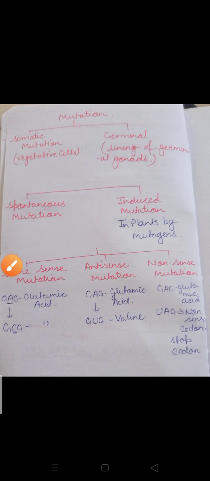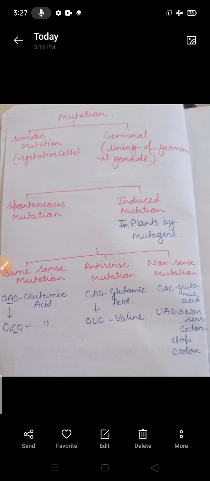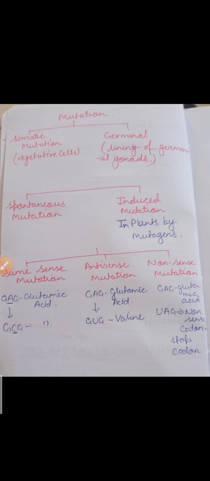Now I am going to tell you about the different other categories by which we can also classify mutation. Okay, one is somatic mutation or germinal mutation. What is somatic mutation? If mutation takes place in any vegetative cell, that time it's known as the somatic mutation. Suppose, as an example, cancer can happen by mutation also. That's why you observe that cancer disease is not transmitted, it does not get to be inherited from one generation to another generation.